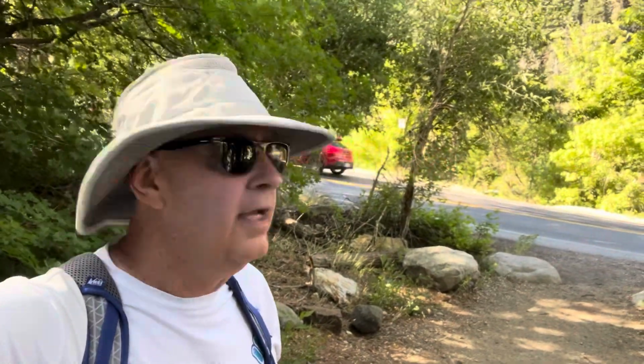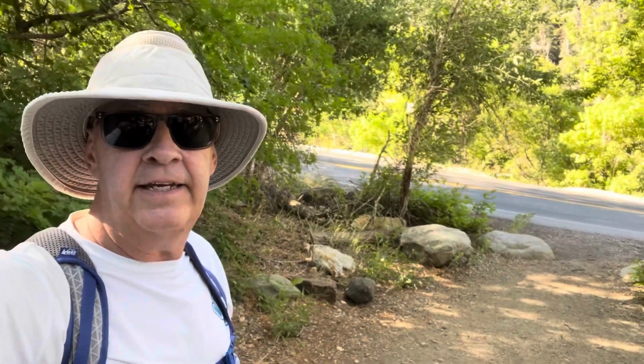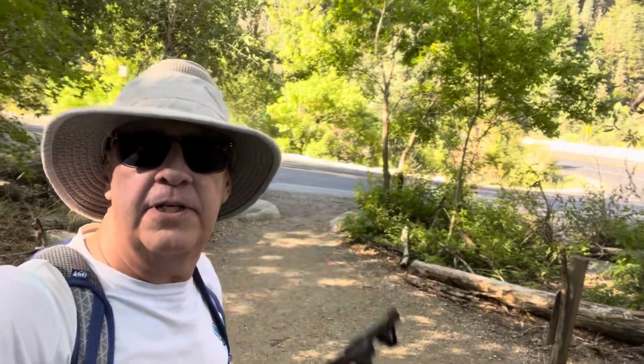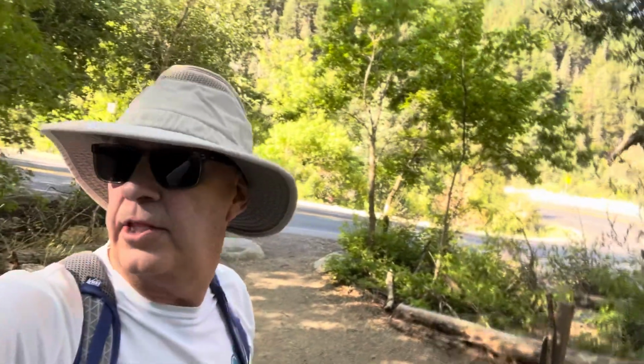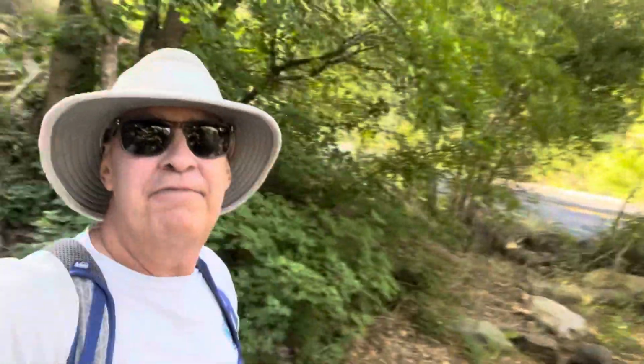Okay, it's Thursday, August 15th, I think, 2024. I'm here in the Wasatch Mountains of northern Utah, just south of Salt Lake, in Big Cottonwood Canyon. I'm here at the S curve in the canyon, which is a place where the road switchbacks quite dramatically. And I'm on the Mill B North Fork Trail, I think. But I think it's the Lower Mill B North Fork Trail, which is quite a mouthful for a trail name,